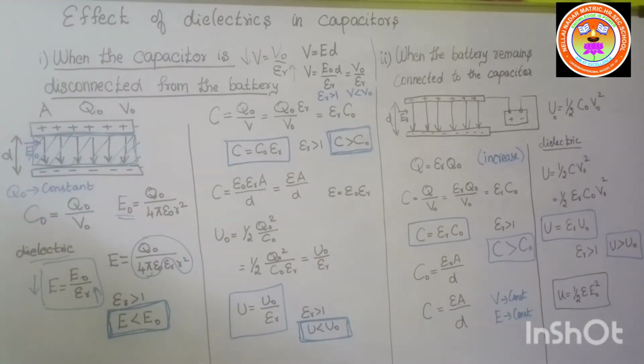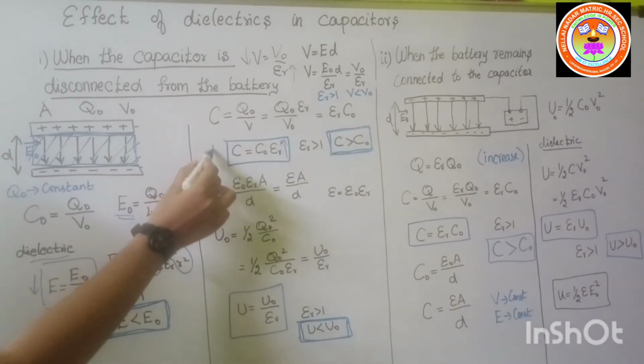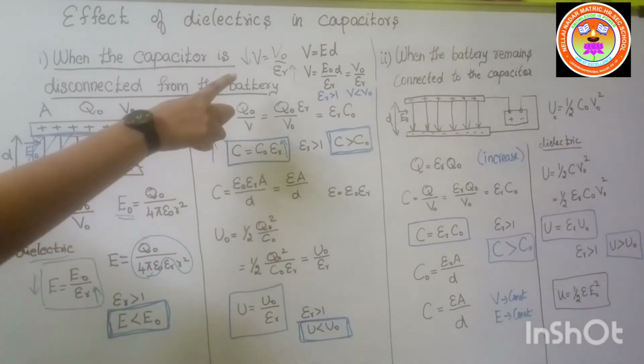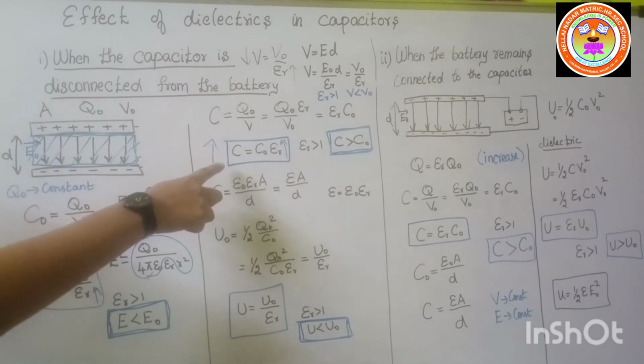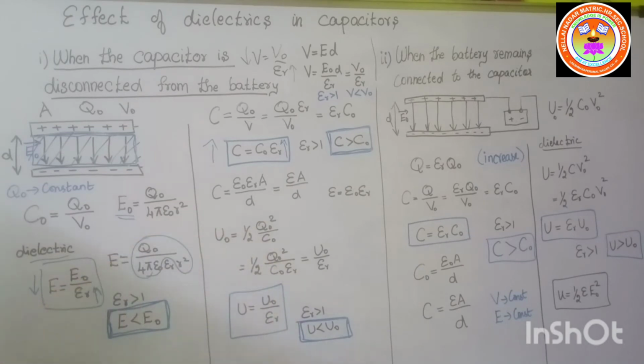So when the epsilon r value increases, the capacitance value also increases. First conclusion: electric field reduced, potential reduced, now capacitance increases. Now we can write this in another way also. Here we write another formula in terms of